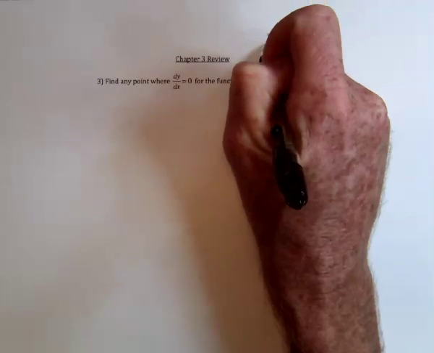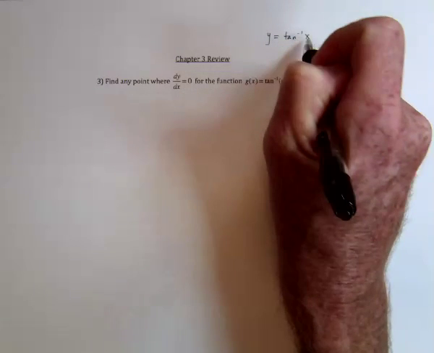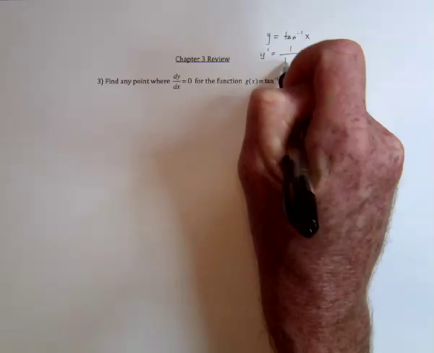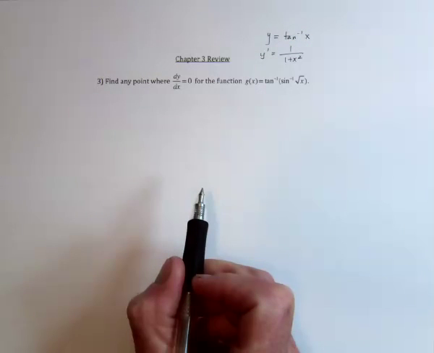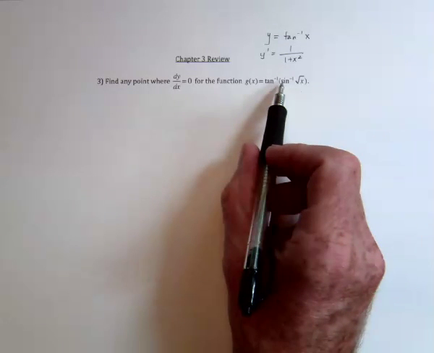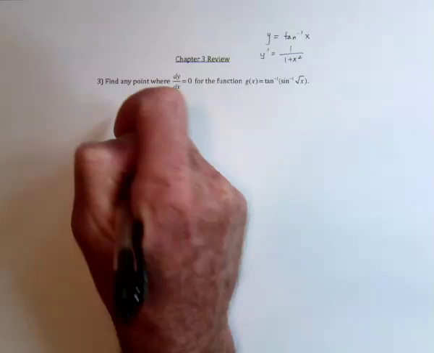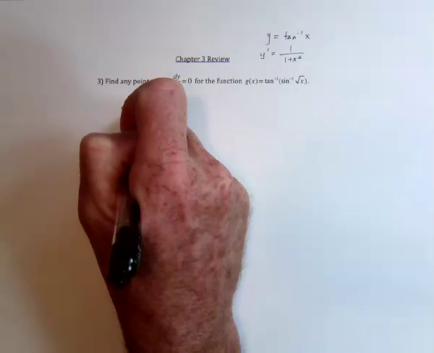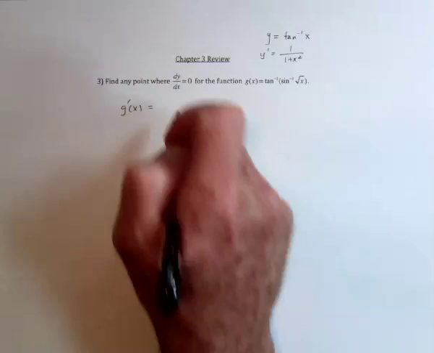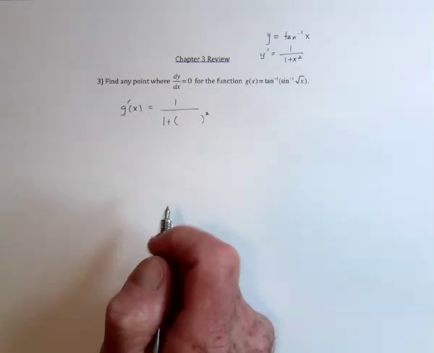Well, if it was just y equals tangent inverse of x, then the derivative would be 1 over 1 plus x squared. But we have something a little more complicated than just an x. So all of this is going to take the place of x over there. So we'd have derivative of the g function is equal to 1 over 1 plus the argument squared